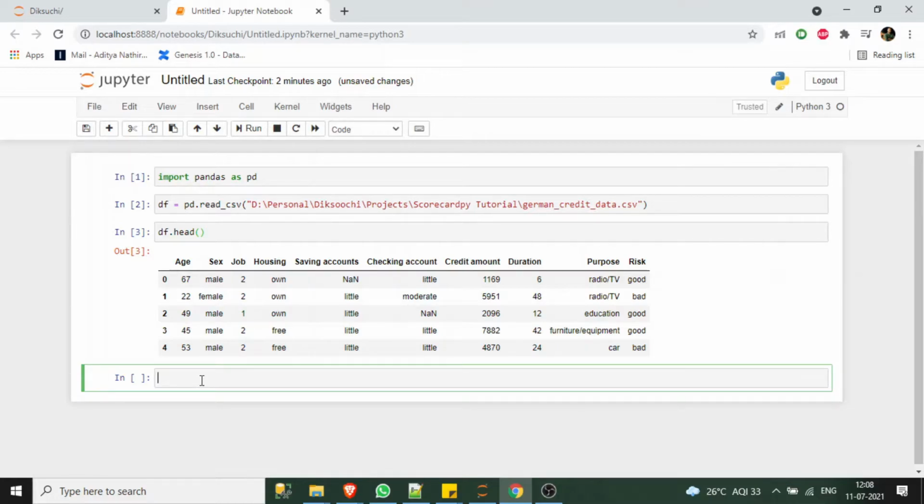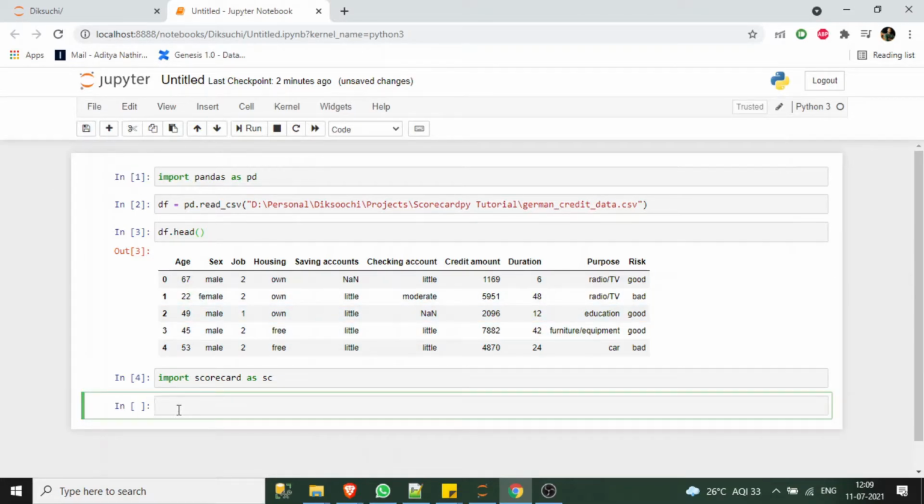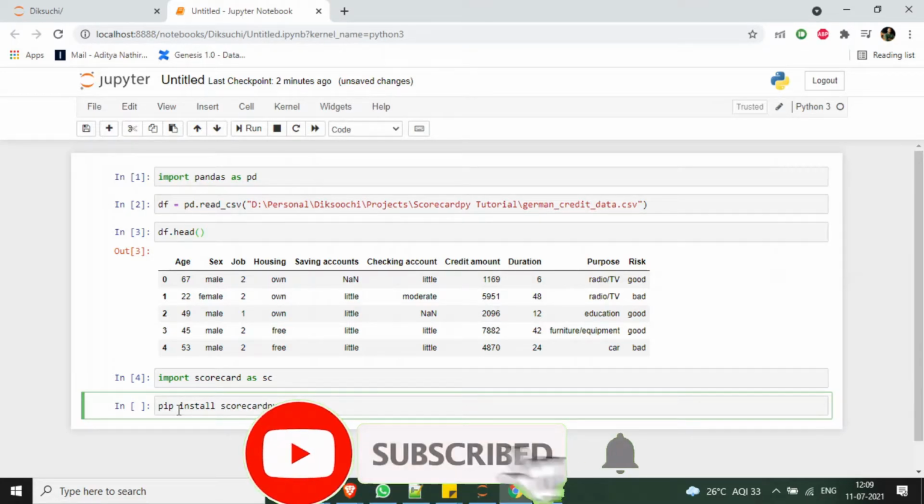Now let us import the library which we are going to use. Import scorecard as sc. If you don't have this, then use this command, pip install scorecardpy. Okay.